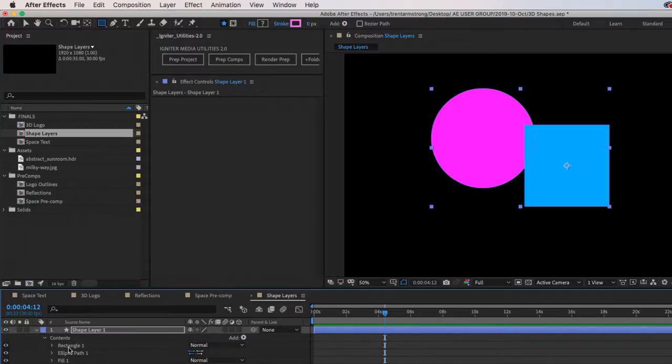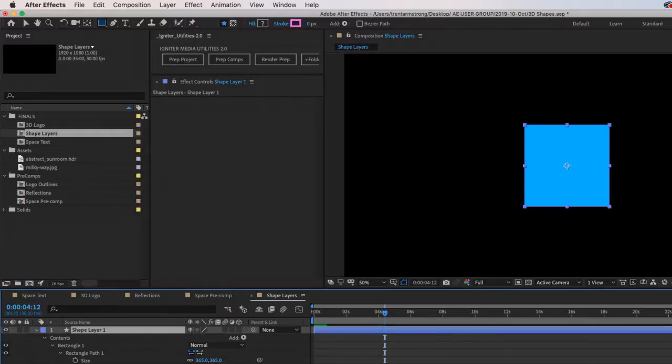So I would need to change where my rectangle is if I want it to be in front or behind, like that. I can also group things. Well, maybe we'll get to group in just a minute, because there's some extra fun stuff we can do with that.